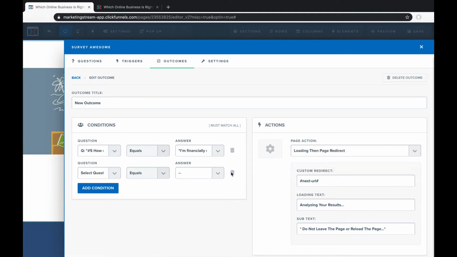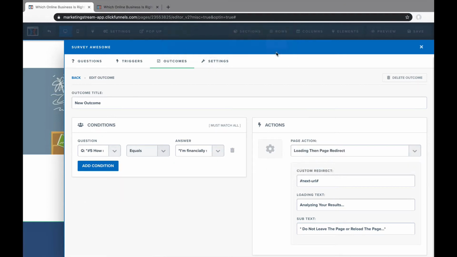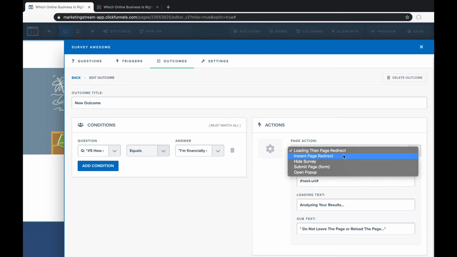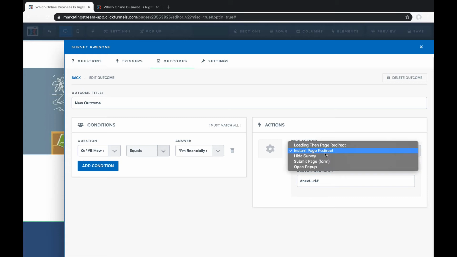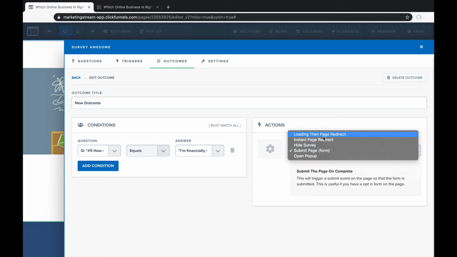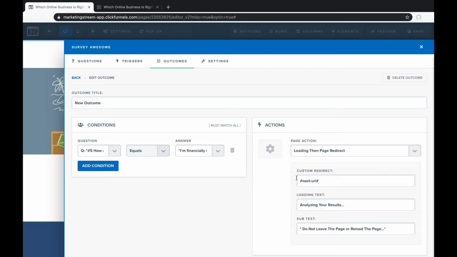We have that condition added. Then basically we can do an instant page redirect to another URL. We can open a pop-up, submit a page. There's various things we can do. So again, it allows some really good custom content where you're sending people down a different funnel based on the answers to the questions.